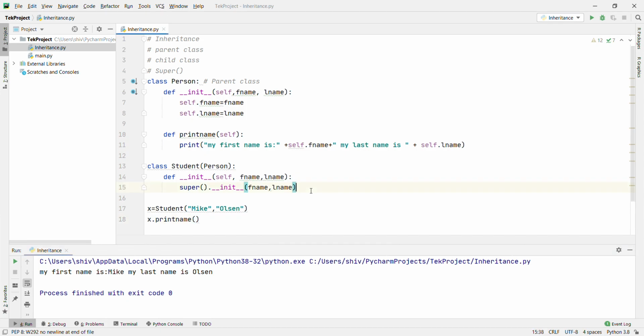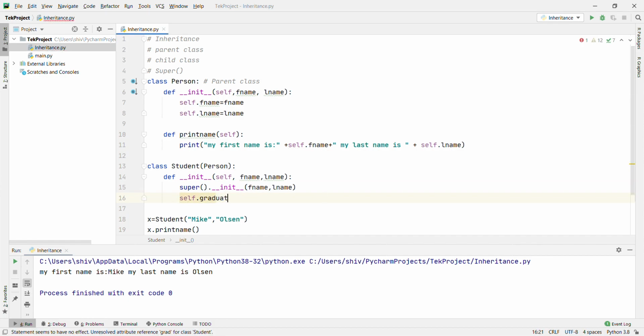Now we are going to add a property into the Student class. Let's see. Now if we enter self dot graduation year equals 2020. Okay, now what will happen?